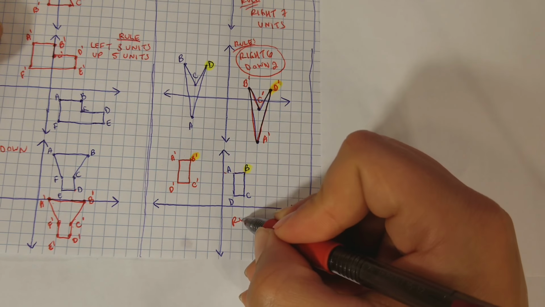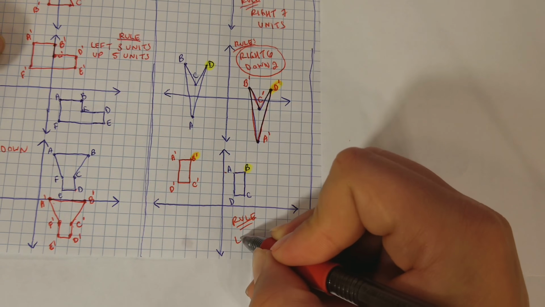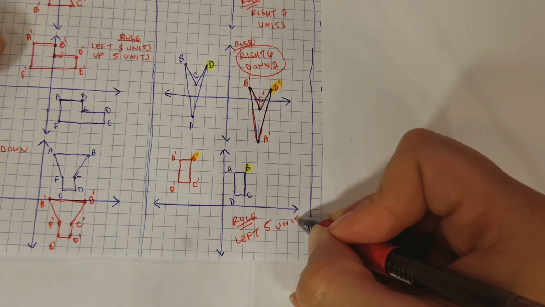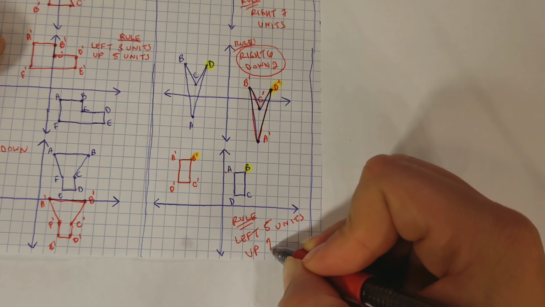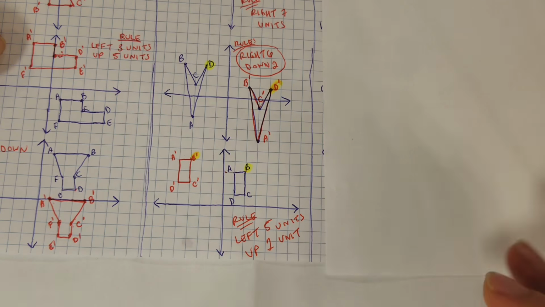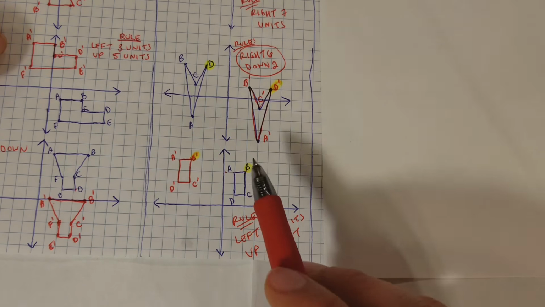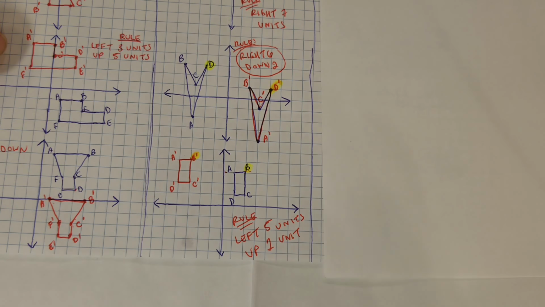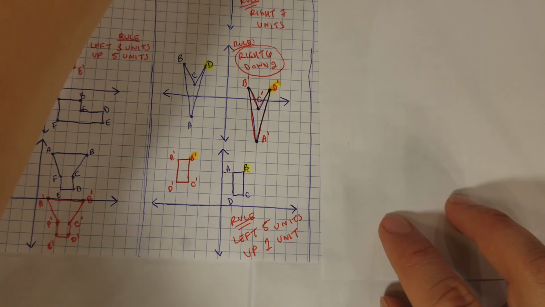So my rule will be to the left 5 units, and then up 1 unit. So to the left 5, up 1 to get from B to B prime. Remember, first you go left, right, then you go up, down every single time. That being said,